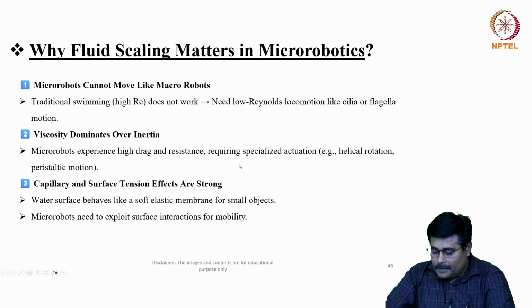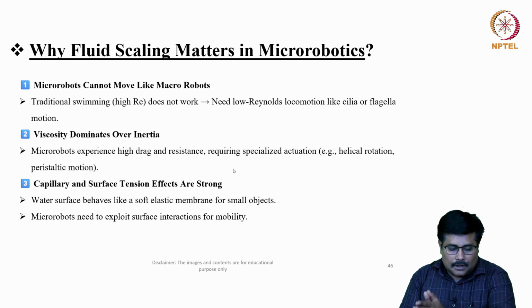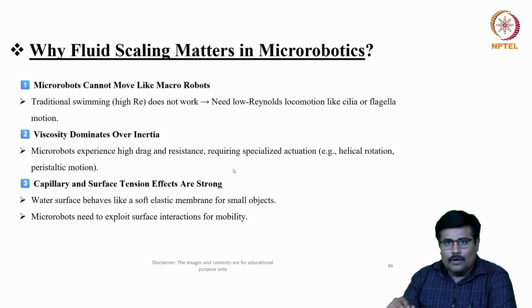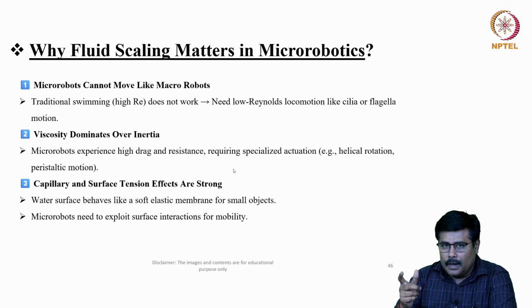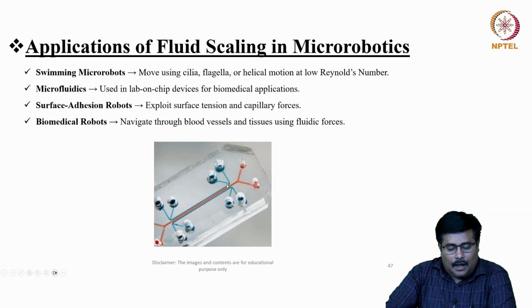Next is the capillary and surface effect point of view. These capillary and surface tension effects are strong. The water surface behaves like a soft elastic membrane for small objects, and these micro robots need to exploit surface interaction for mobility. So even for micro mobility, these capillary and surface tension effects are